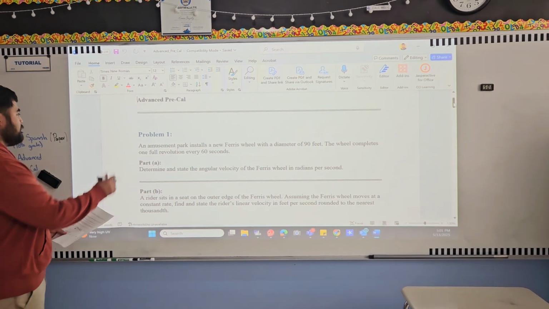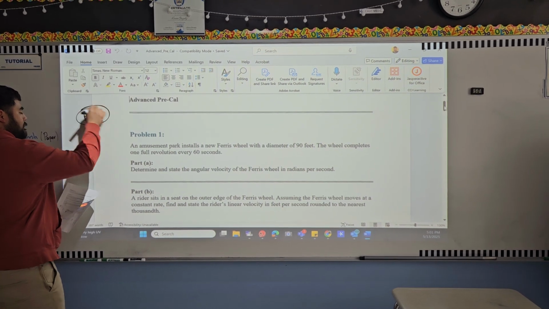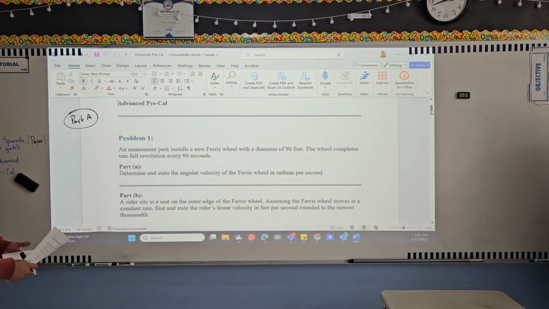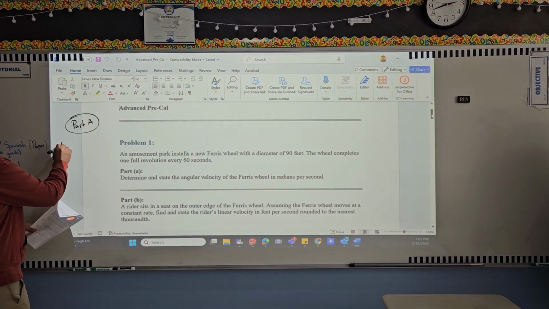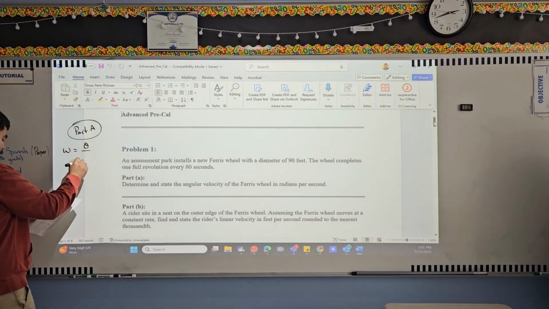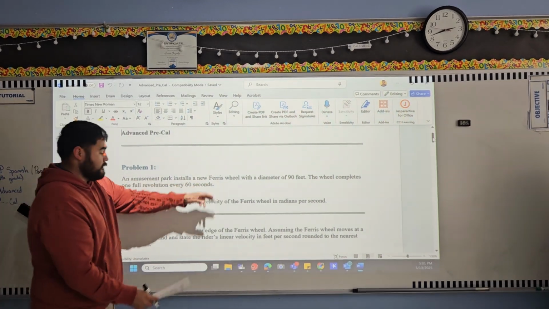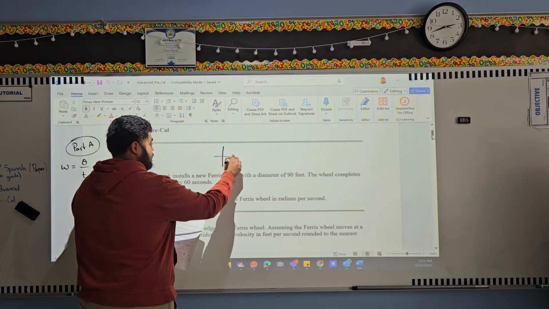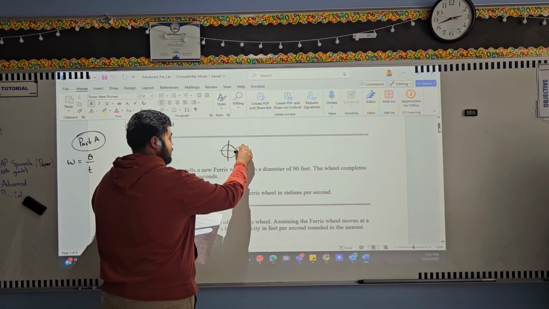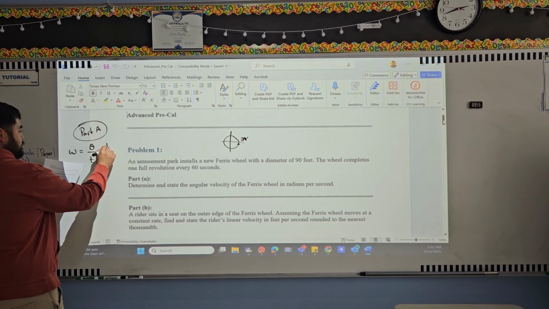So on part A, literally, part A, right? It's asking here, determine and state the angular velocity, right? Angular velocity, this is this W. We'll call it W, equals theta over t, right? So when you think about this, you're talking about a Ferris wheel. If you recall the unit circle, and you do a whole revolution around the unit circle, in radians that's called 2 pi, right? So here, my theta is basically 1 revolution